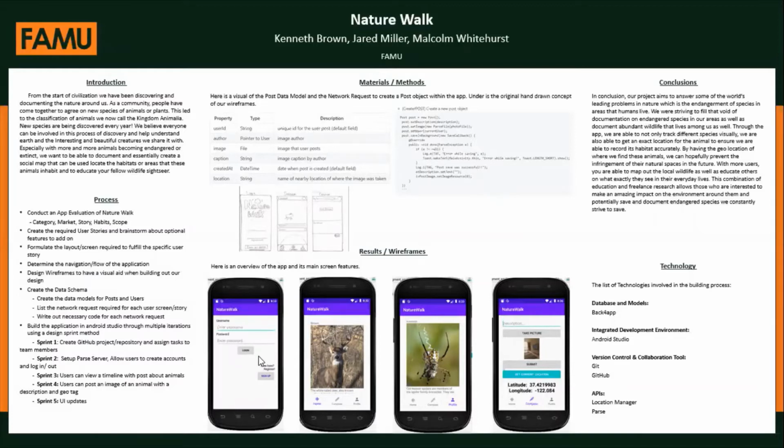We have this beautiful login page and this timeline. And then also when we try to compose a picture, we're able to also get the longitude and the latitude. So in conclusion,